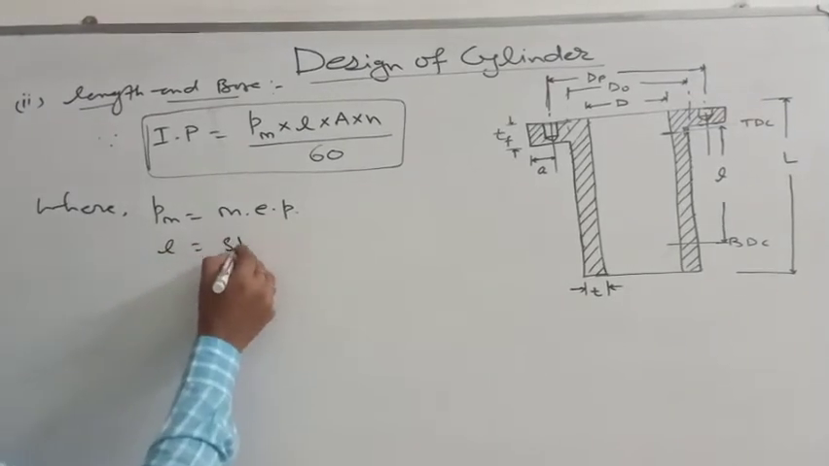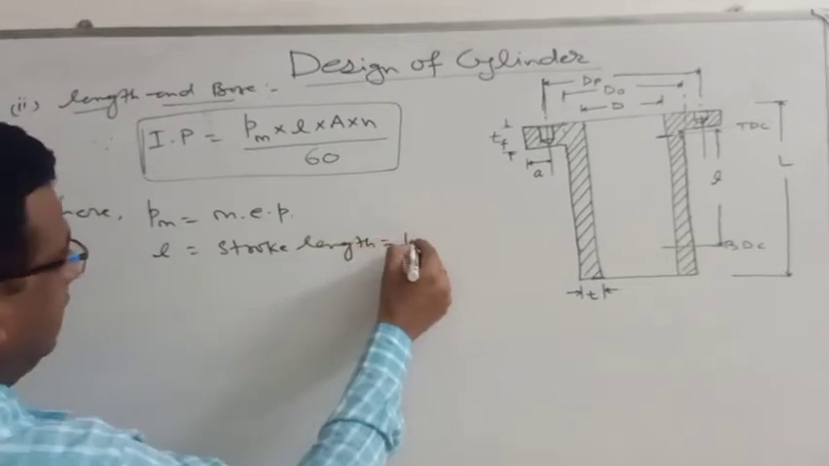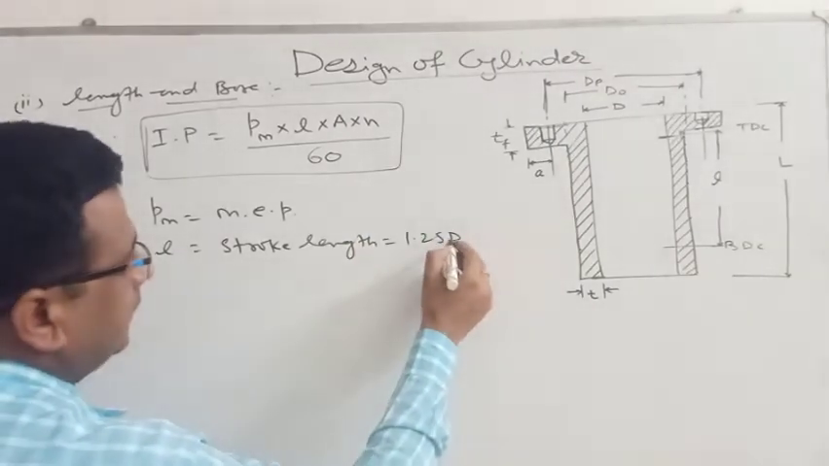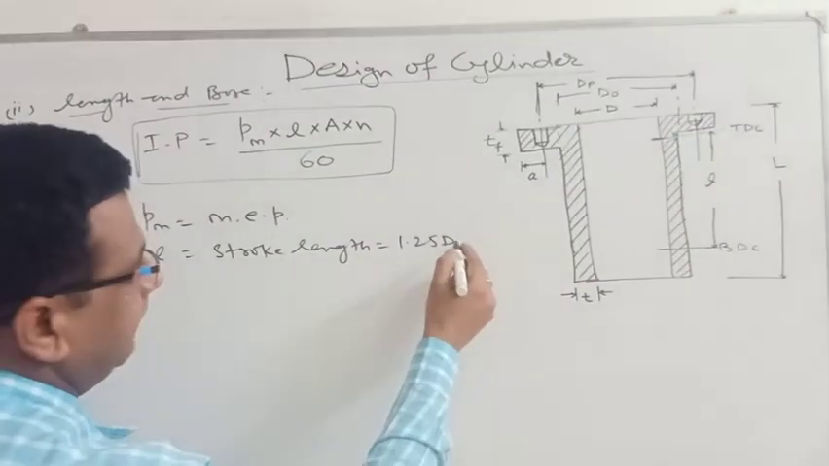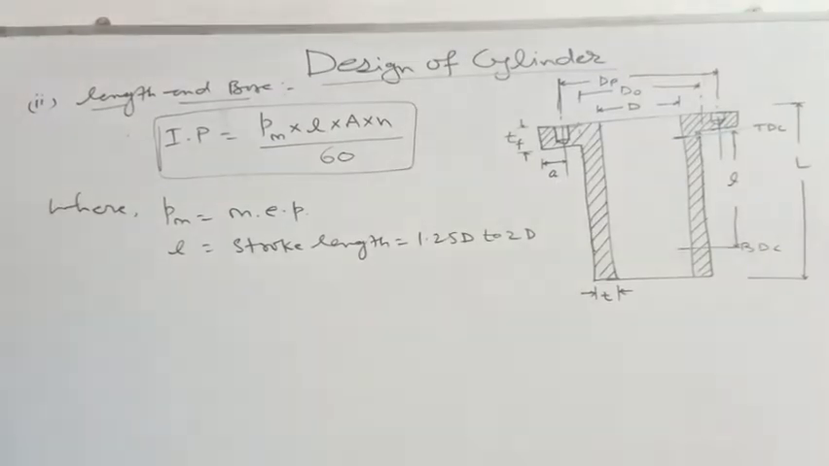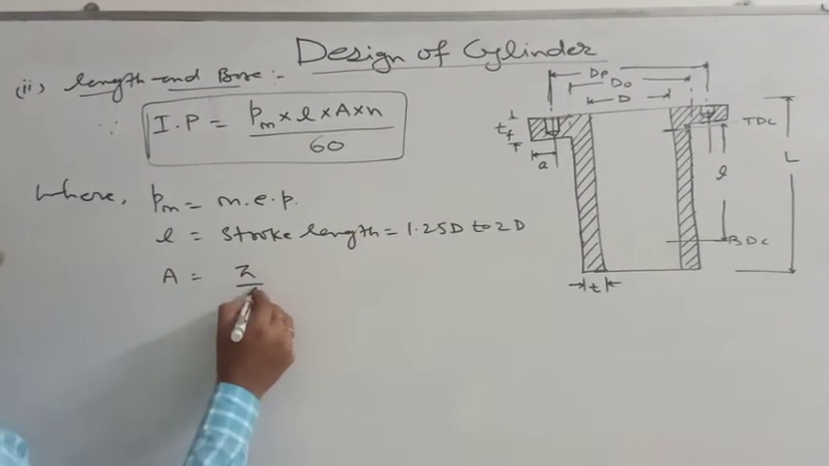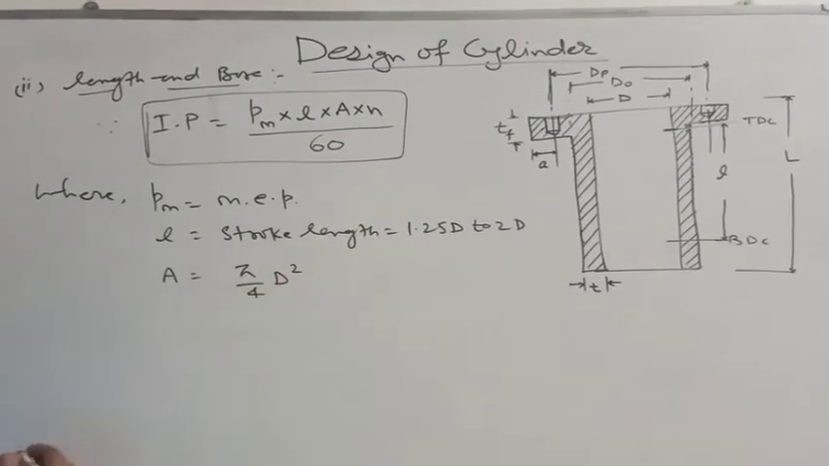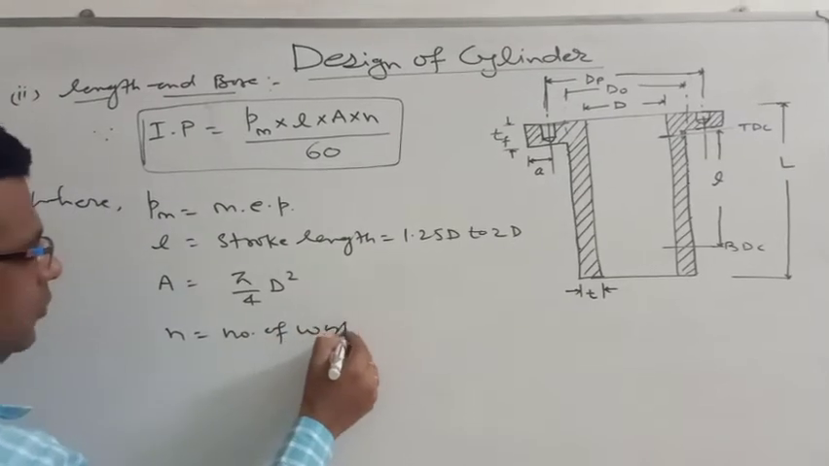This L is your stroke length, and we have discussed in our starting that it should be equal to 1.25 D to 2 D. This A is the area, and this area is your pi by 4 D square. N is your number of working strokes,